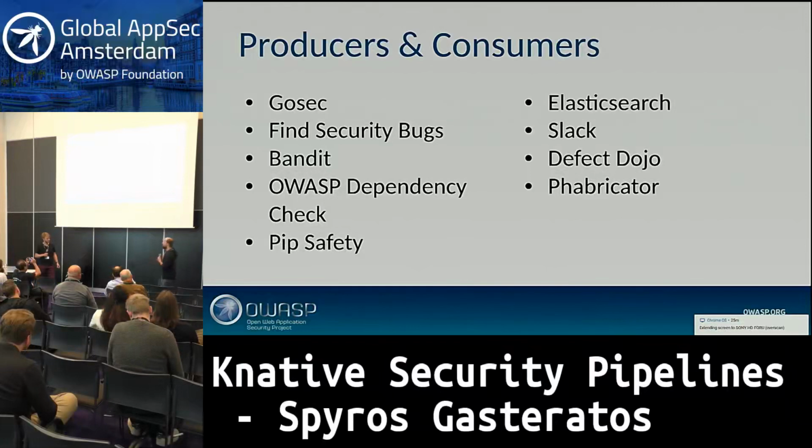Slack is great for metrics. Every time somebody runs it, you get an alert: it ran against these directories and found that many issues. These many issues were duplicates, or these many were already marked as false positives in the past because of DefectDojo. And you get some basic results day to day.